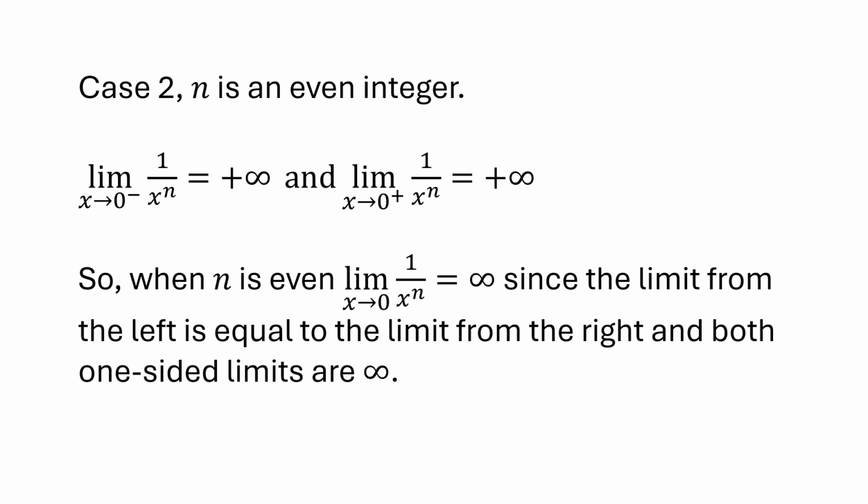Case 2, n is an even integer. In this case, the limit as x approaches 0 from the left of 1 over x to the n is positive infinity, and the limit as x approaches 0 from the right of 1 over x to the n is also positive infinity. So when n is even, the limit as x approaches 0 of 1 over x to the n is infinity, since the limit from the left is equal to the limit from the right, and both one-sided limits are infinity. The limit is equal to the limit from the left and the limit from the right in the cases where they are